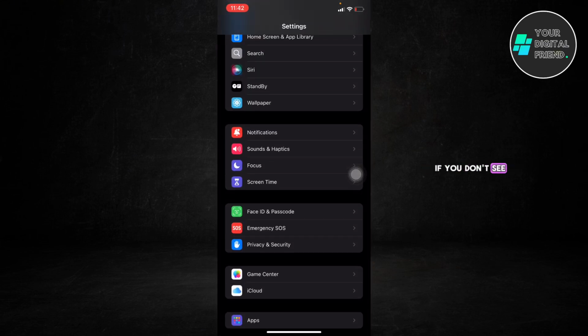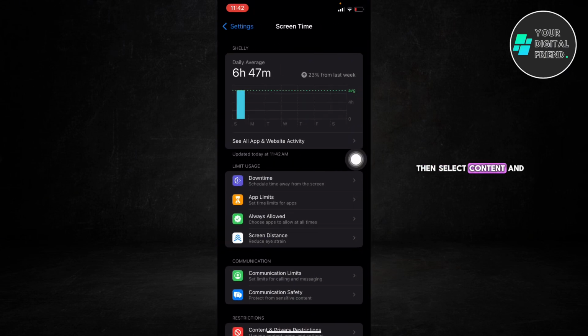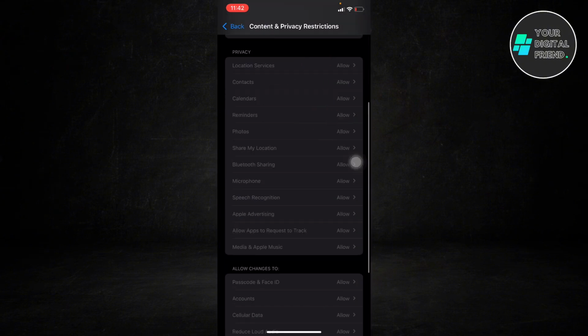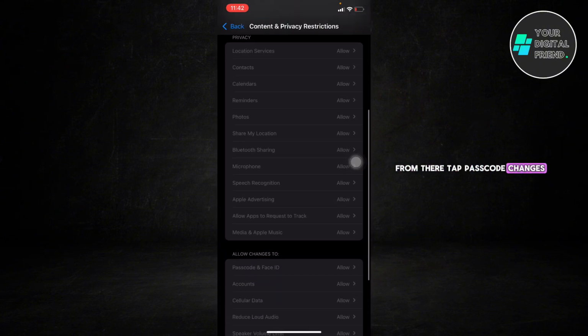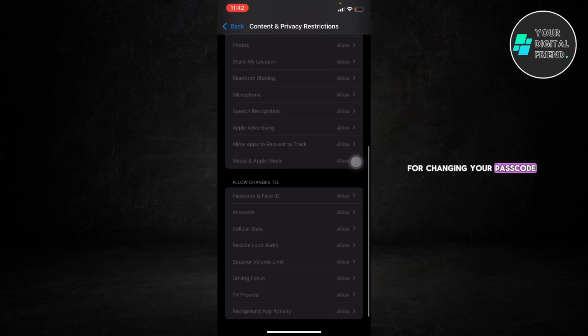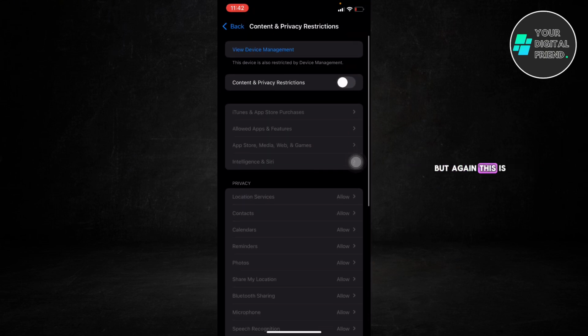If you don't see Face ID and Passcode option, it might be hidden under the Screen Time settings. Just tap Screen Time, then select Content and Privacy Restrictions. From there, tap Passcode Changes and enter your current passcode or Face ID to access the option for changing your passcode. But again, this is only needed